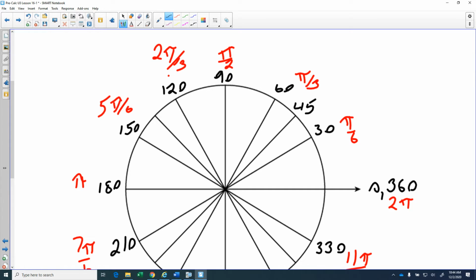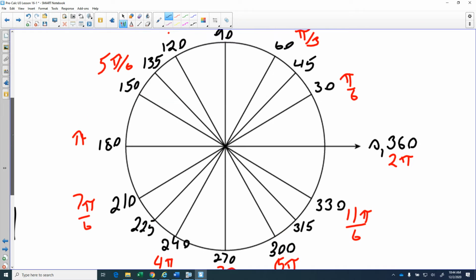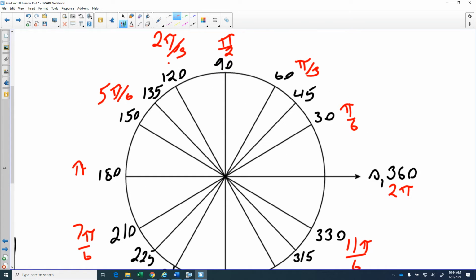45. This one over here, then we go up to 90, then 135. Eventually, we'd get to 180. Back down here, we'd end up getting to 225. Plus 45 would get me to the 270 mark. And then the last one would be 315. Those values are going to be our pi over 4, okay? So this is going to be pi over 4,